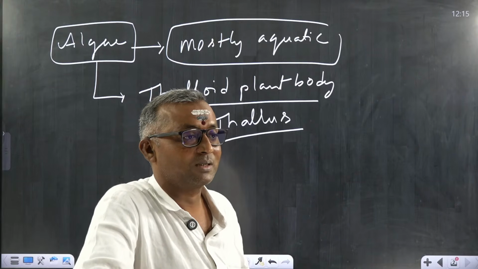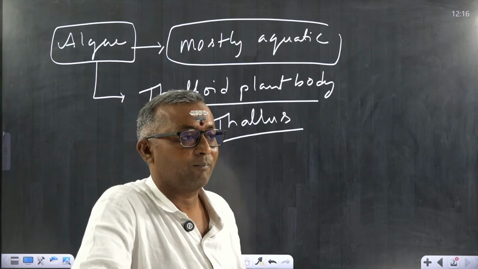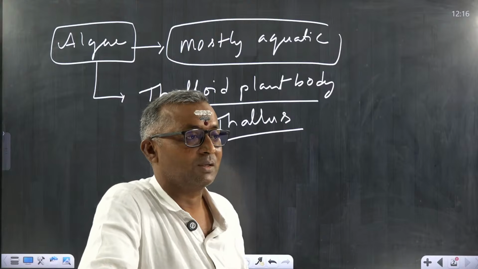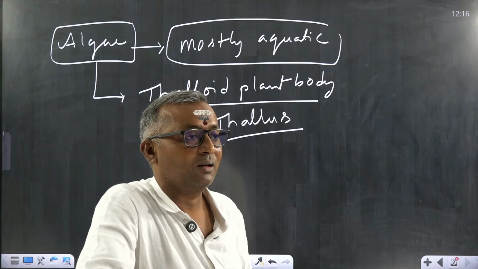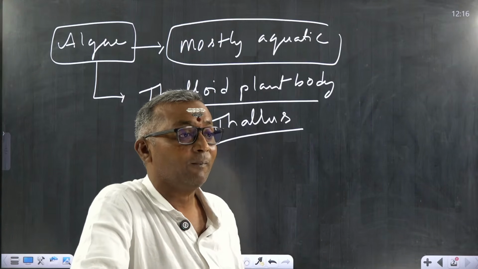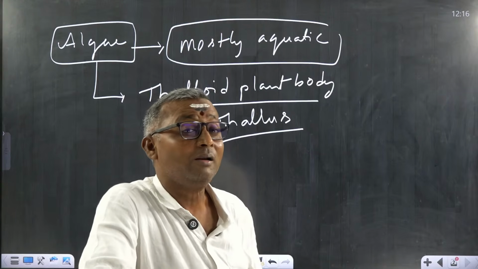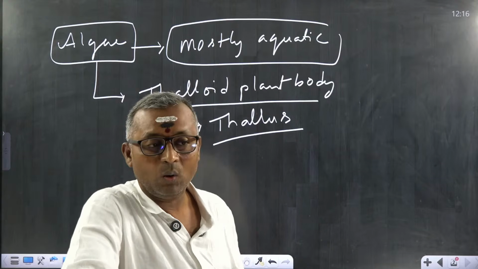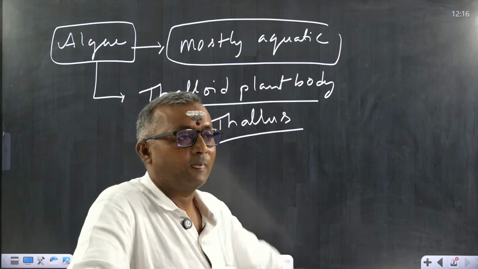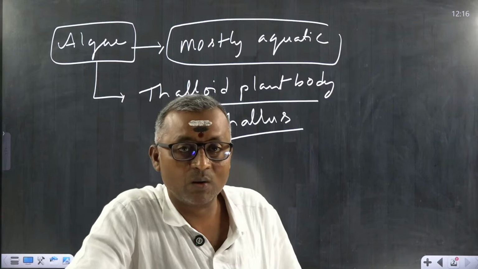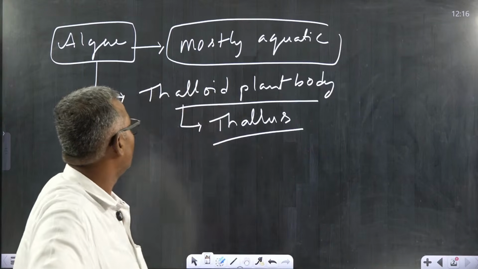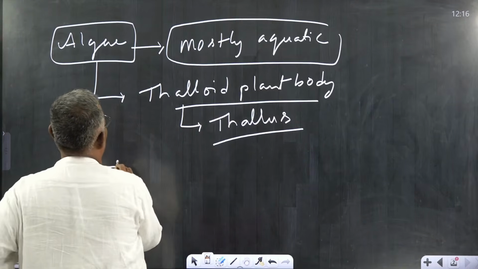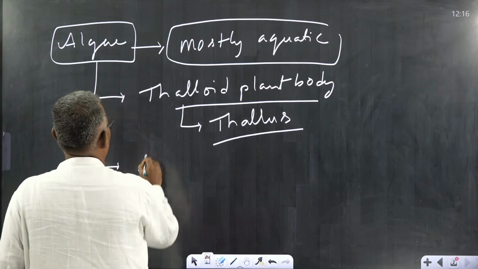Thallus. I am asking about thallus. Yes, many of them started giving answers. Now you are right, it is an undifferentiated body. Undifferentiated in the sense there is no root, stem, leaf in the body. So such an undifferentiated body is called thallus. That's good. So the body is thalloid, and these thalloid forms are